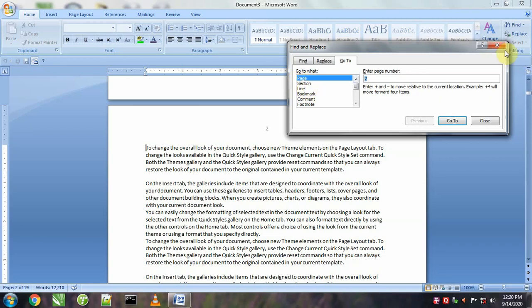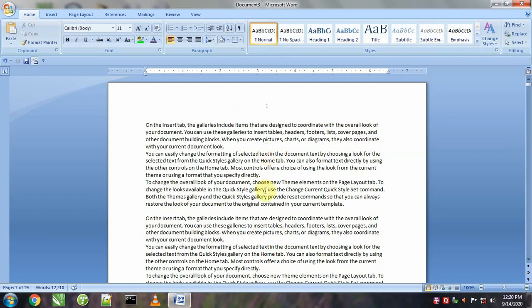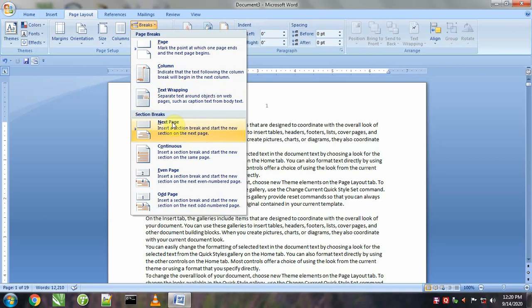Next is section. For section, we have to divide our file into sections because the current file contains only one section. So if I want to visit different types of sections, for that I have to create sections in this file. Suppose I am creating a section, I will put my cursor here and go to Page Layout. From here I will go to Break and put a section in this document at the position where my cursor was, and after the section bring the text to the next page.